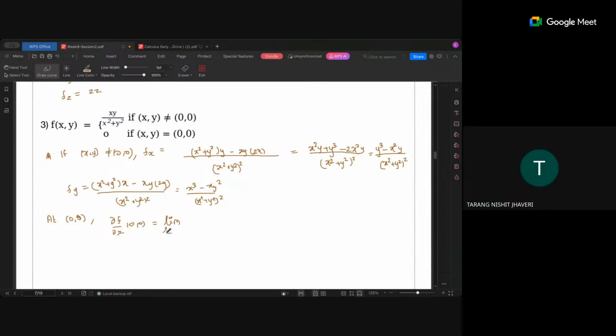Limit as h tends to 0 of f of x naught plus h. So here your x naught is 0. So simply, yes, this is fine. Now what is f of h comma 0? According to this first formula,